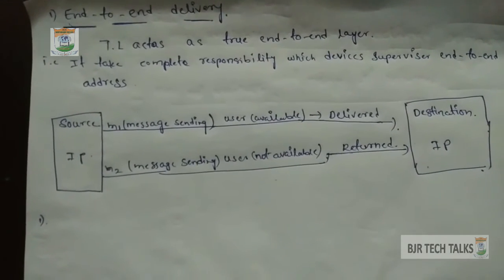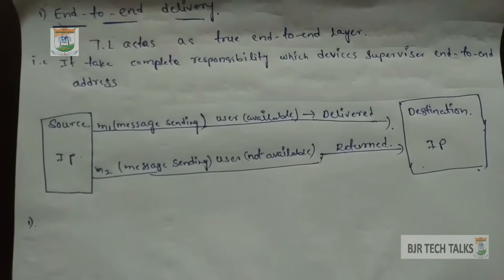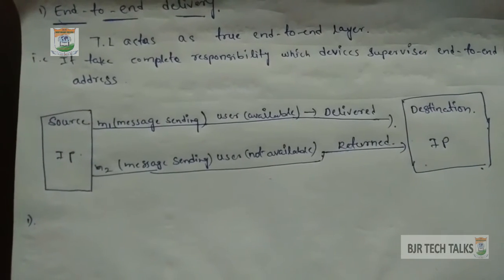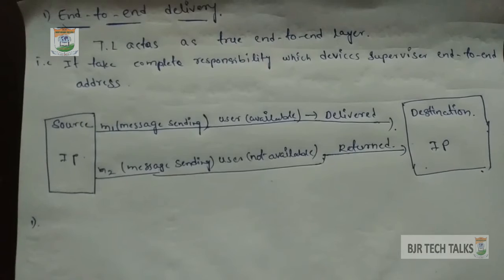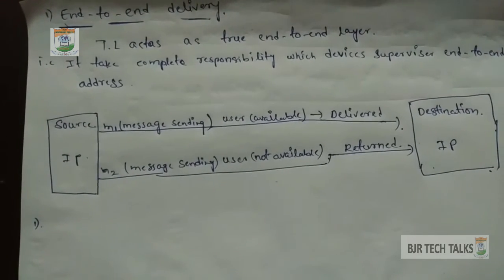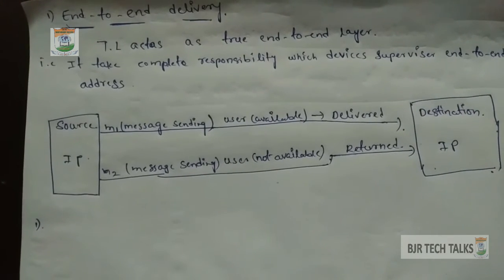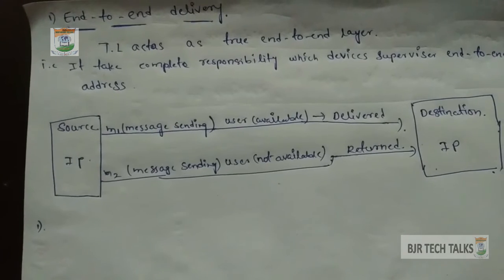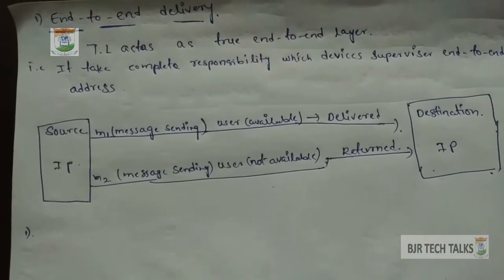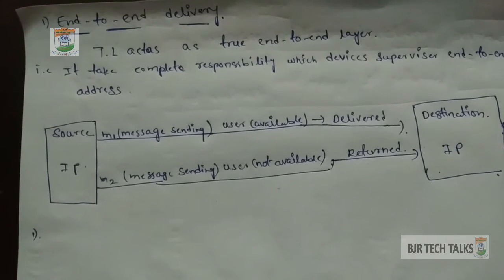That is, it takes complete responsibility for end-to-end delivery. See the figure, source and destination. We are sending a message M1. The user is available, so the message has been delivered. Next, message 2. If we are sending it but the user is not available, then the message is returned. Same like if we are sending a mail and the user is not available, then the message is returned